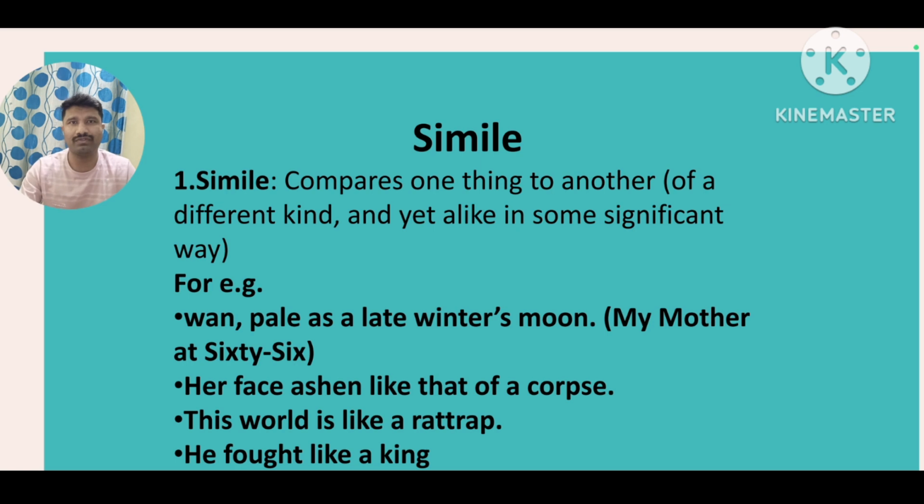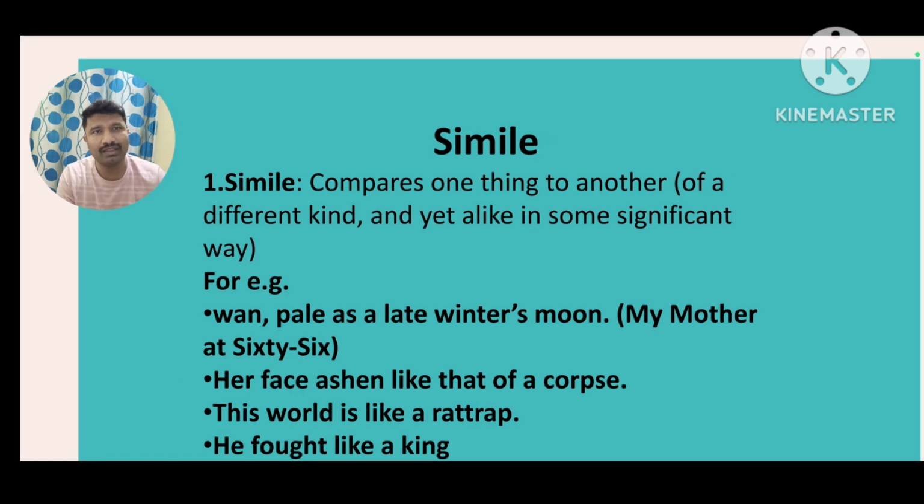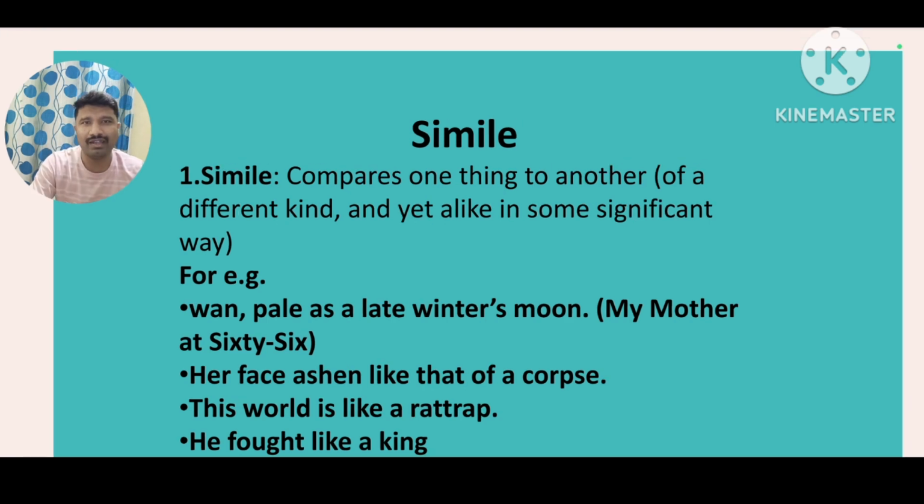So, dear viewers, first, a very important poetic device is the simile. It compares one thing to another of a different kind, and yet alike in some significant way. For example, pale as a late winter's moon. My mother at 66. Understood? Another one, the best example we have: